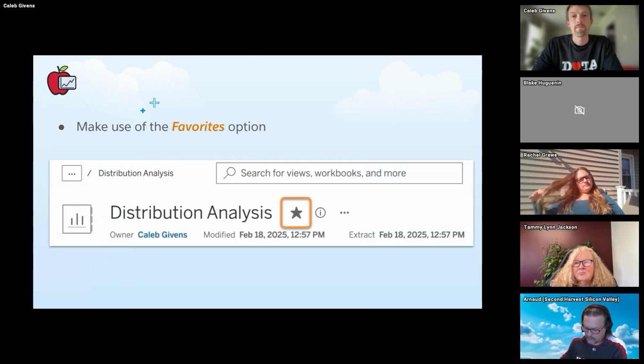My number one tip for end users, and myself, who access the published dashboards on a daily basis is really simple: the favorite feature. I think this is underutilized in my experience. There are two different ways you can do this on the dashboard. So let's say your dashboard